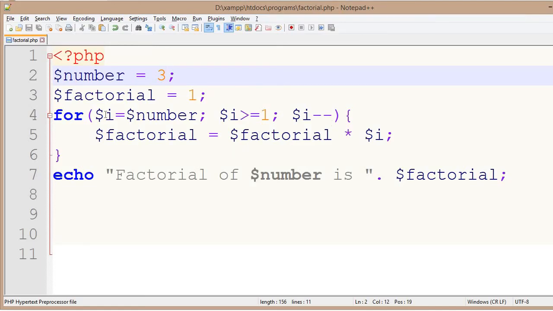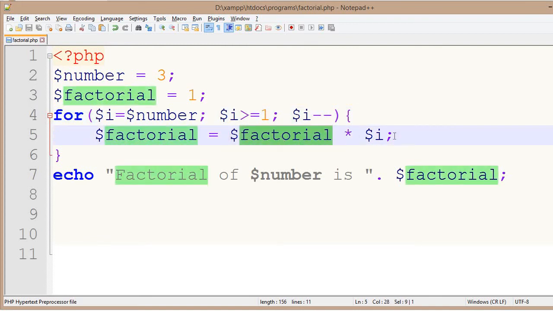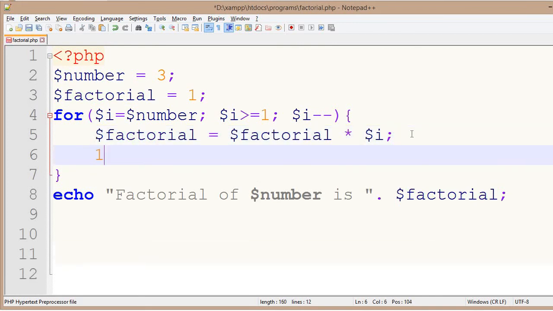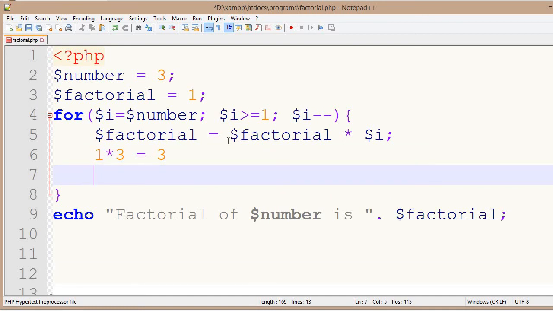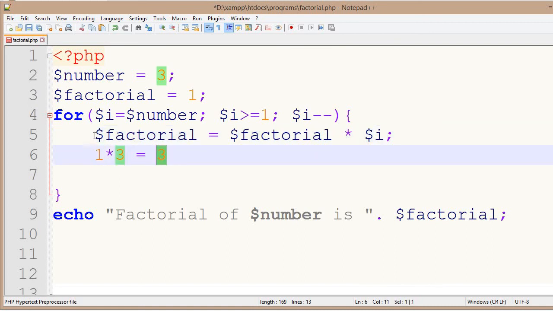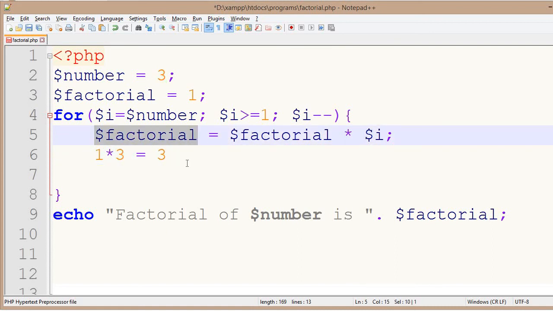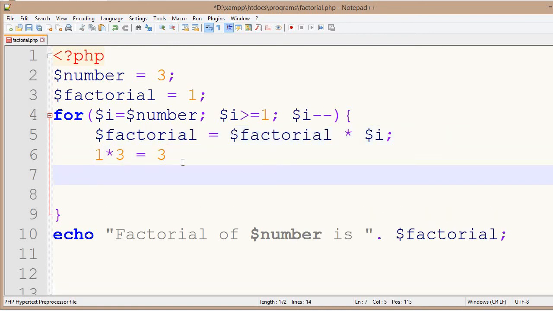Now I will explain the logic. Initially the value of $i is 3, and after that we are decreasing it. So at first iteration, the value of the factorial variable is 1 into $i's value 3, so we will get the output as 3. In the second iteration, we are storing this 3 into this variable, so the factorial variable becomes 3